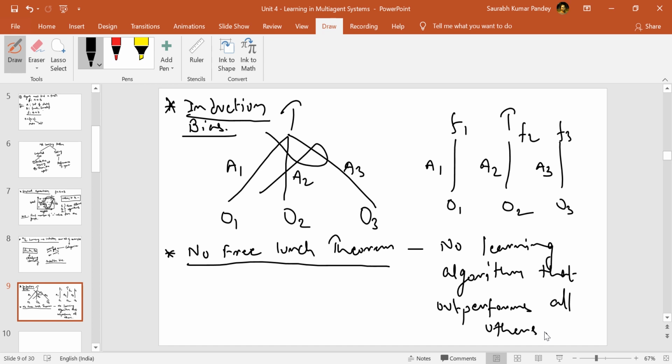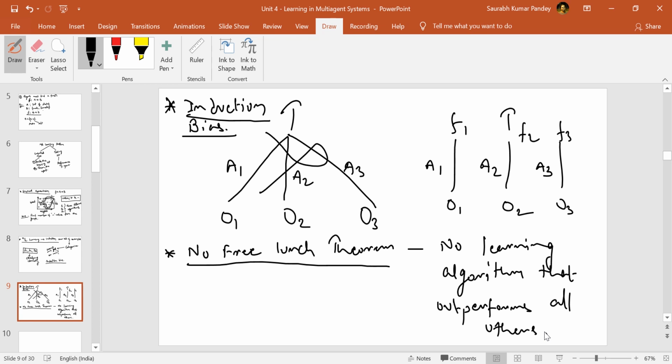If there are solutions to a particular problem, and there are multiple solutions, it means that with the use of any of the solutions you are reaching the goal. But you cannot say that a particular solution outperforms all the others. You can say that given a particular situation, a solution outperforms others. But generally, or in a generic form, you cannot say that a particular learning algorithm outperforms all other learning algorithms.